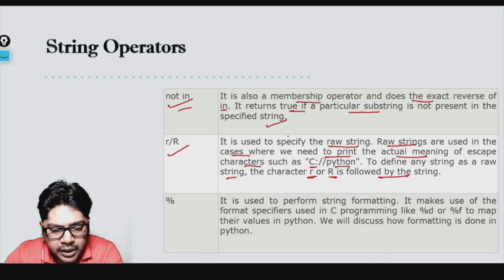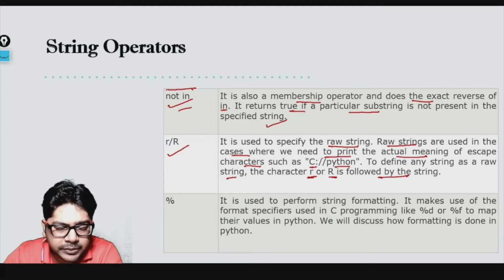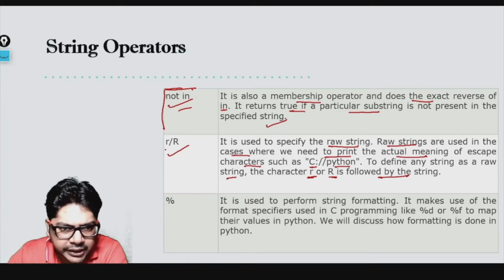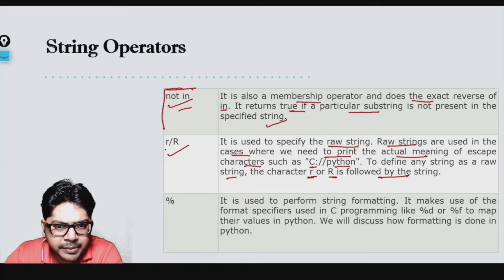Okay, now I'm going to make a special, separate video for all the functions that we have here. That is the reason I'm not going into detail on that, because in the next coming videos you'll be seeing only the string functions. So we'll be talking in detail about them there.